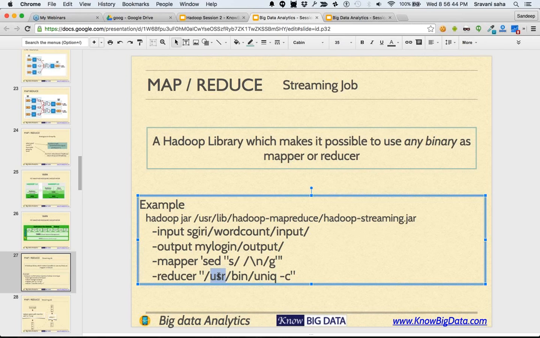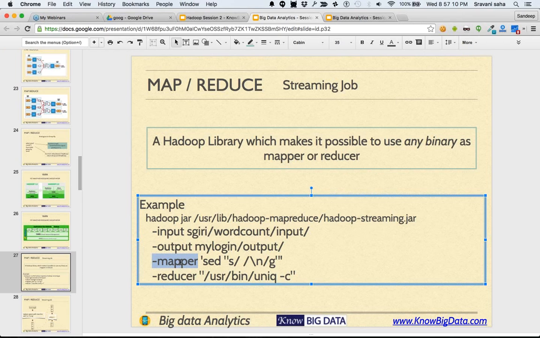The only condition in this game is that the mapper will receive the data as an input stream, as if somebody is typing to your command. That somebody is Hadoop. Hadoop basically takes the whole input and feeds it on the standard input to the program.